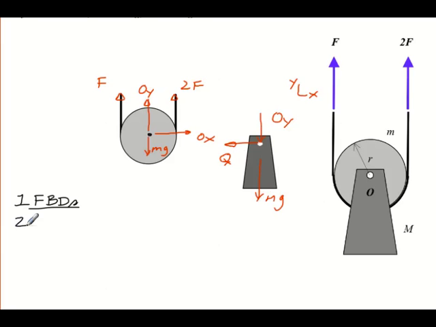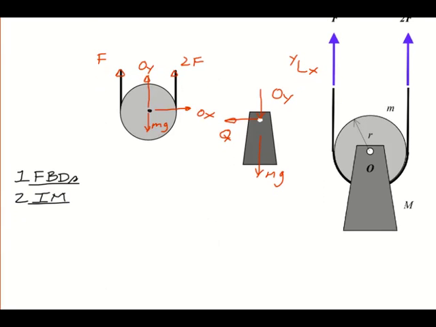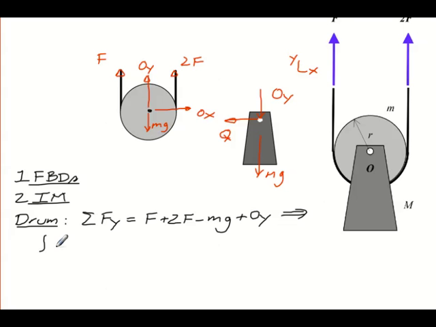So again, the impulse momentum equations are going to be what we're going to use. What I'm going to do is first look at the drum. There's some forces acting on the drum in y. I've got F plus 2F minus mg plus Oy, like that. So from our linear impulse momentum equation, if I integrate that in time, I'm going to have